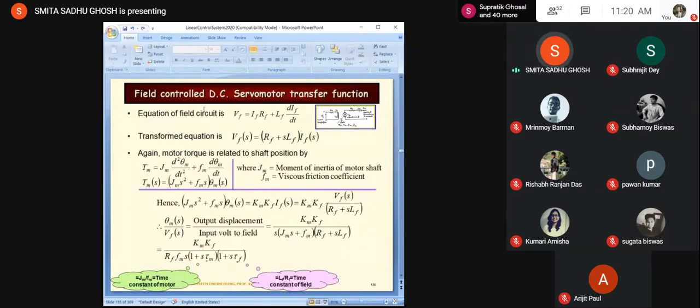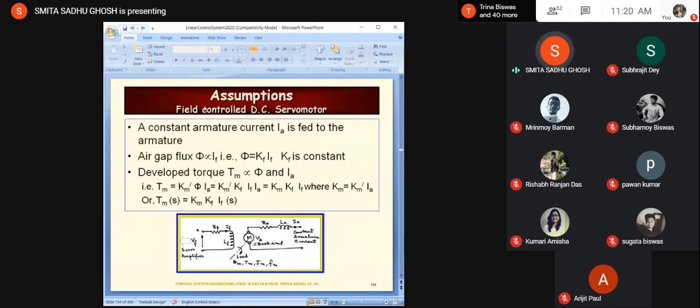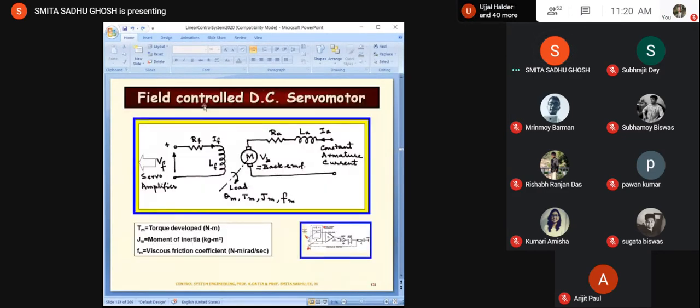Bear with this slide meaning too many things written over here, but we will look at each of them separately. So first of all, the equation of the field circuit is what we are going to take. So if you look at this side over here, you would have to write down the equation of the field side. So we find that the excitation voltage across the field is equal to Vf, and If is the current flowing in the field circuit, Rf is the resistance, and Lf is the inductance of the field circuit. So the normal equation can be written as Vf is equal to Rf If plus Lf dIf/dt.